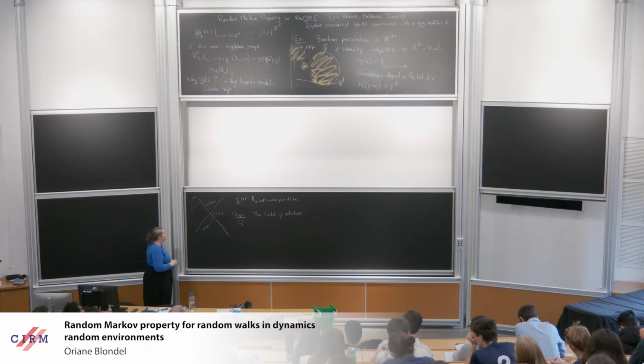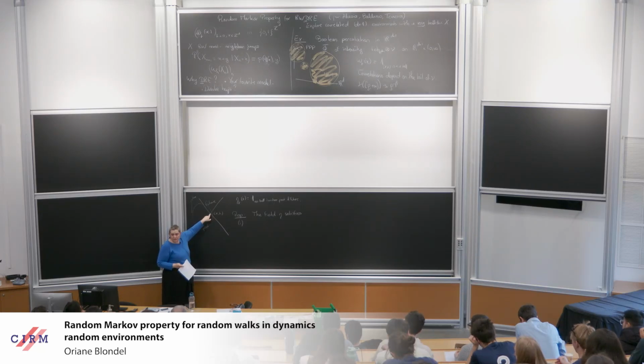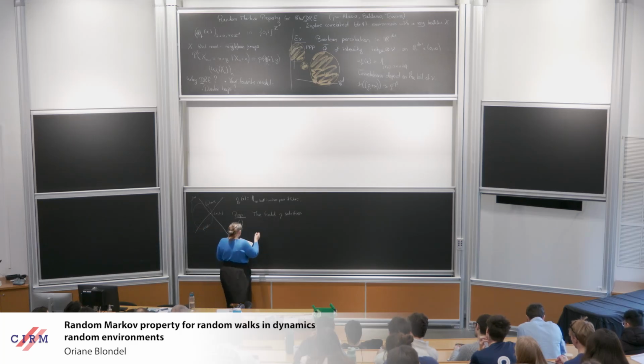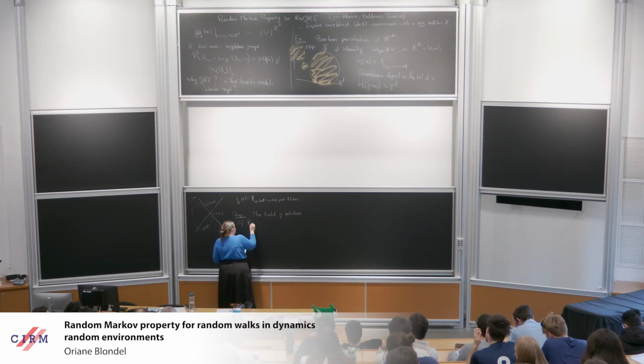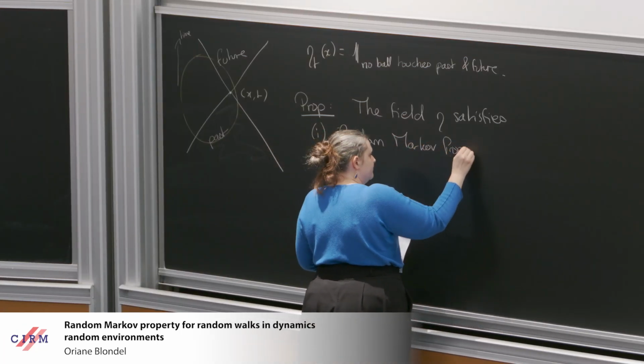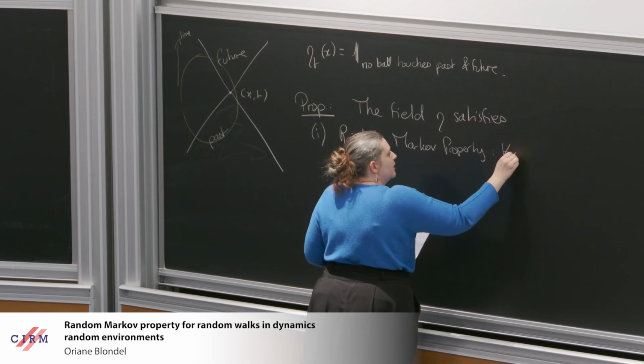It does not depend on the past if we are at a point where eta is 1; it depends only on the past through the fact that eta is 1. The way that we formulated this is what gives the title to the talk. The Random Markov Property says that for any xt,